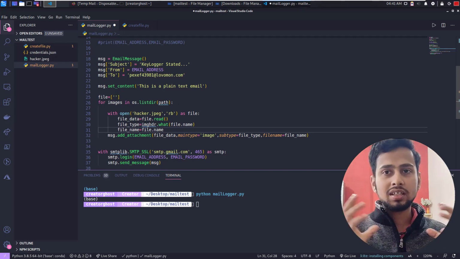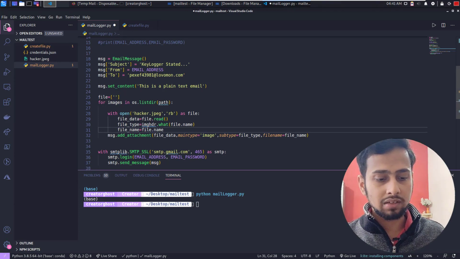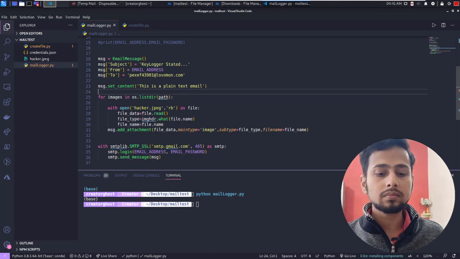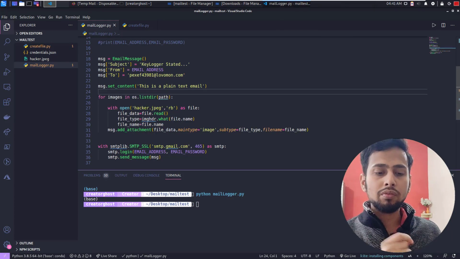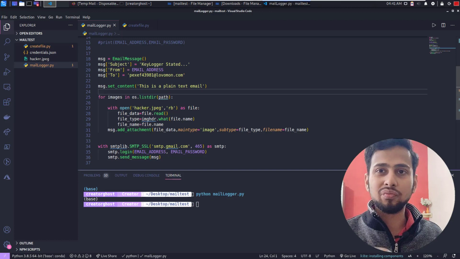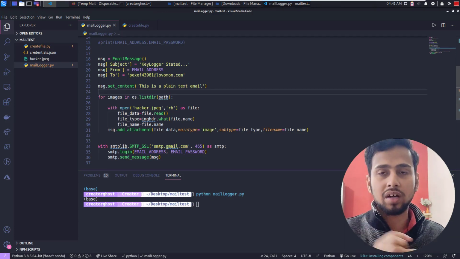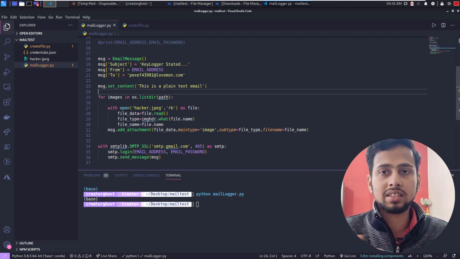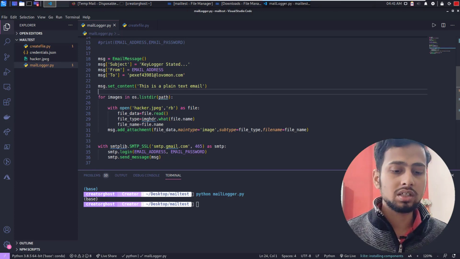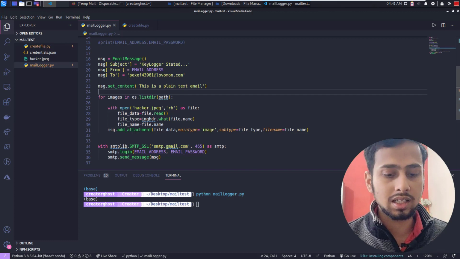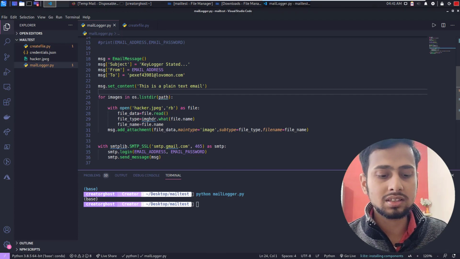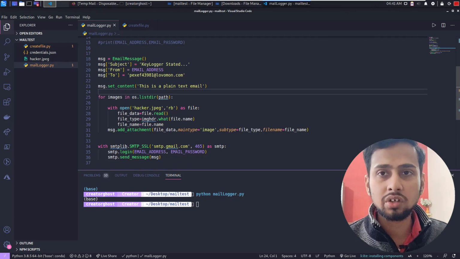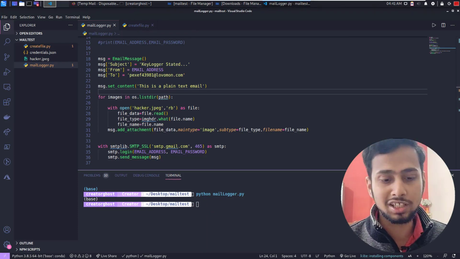So now I think everything is done. Let's remove this file variable for now, or I think we don't actually need it. So now it is complete. Now we need to integrate this code with our create file method to send us the collection of images as a mail. It is going to be very simple. We can just pass the path here. This is not a good practice, but it may be an easier one.